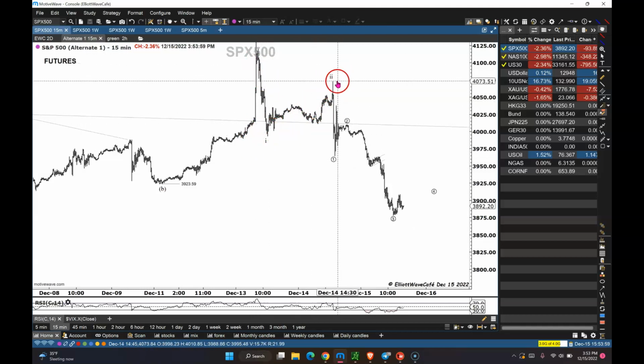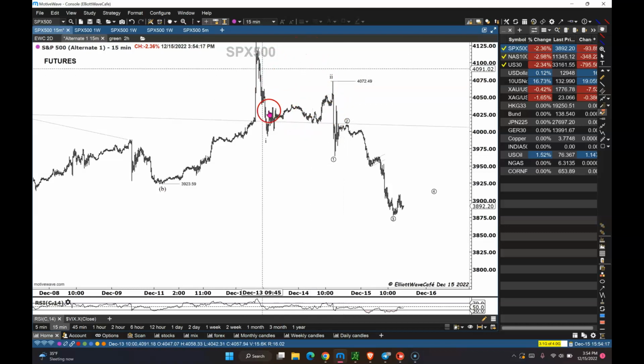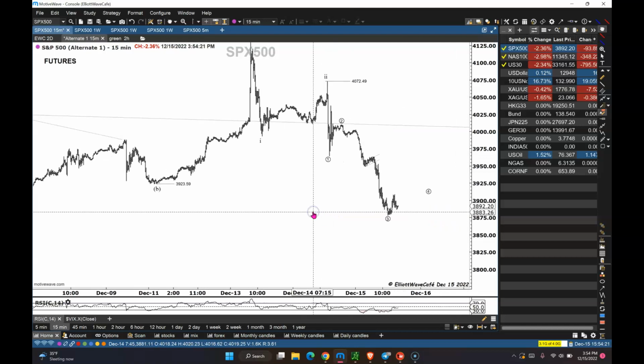You got an ABC into the 61.8, and that's the clue that you're very likely going to push lower. This whole thing could have been an ABC here, right? But the clue for that, you've got to overtake this, right? And that never happened. So when that fails to be overtaken, then this does not get confirmed as an ABC, and then more than likely you're pushing lower. So little tricks and tips for Elliott Wave analysis and how to think about it when you see situations like this. Okay.